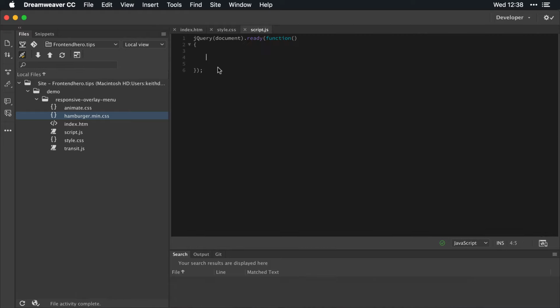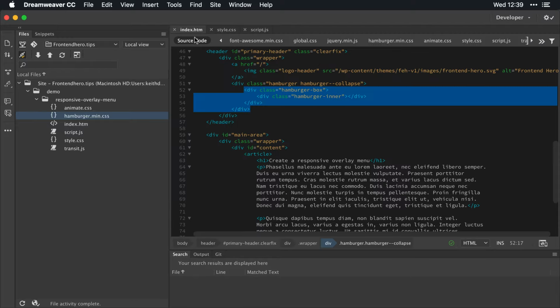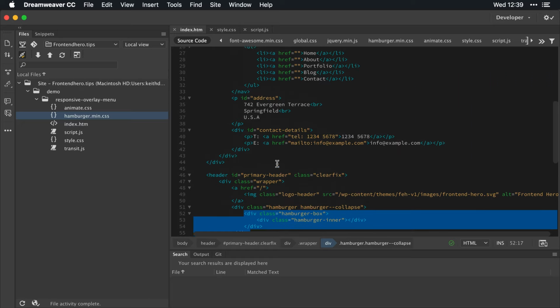So let's pop into our script.js. And what we're going to do is create some variables. The first up is the overlay menu. That is ID of overlay menu. Second up, we need a hamburger. Okay, so now we need to select,